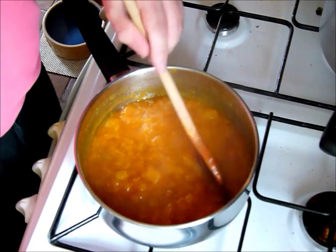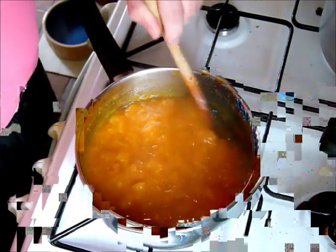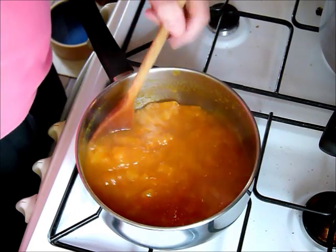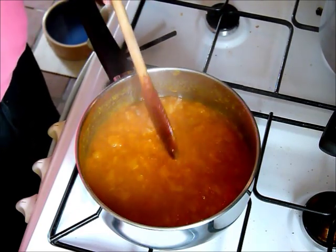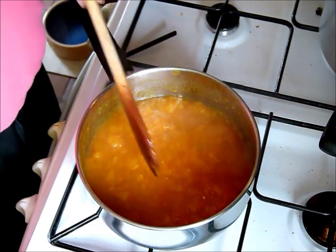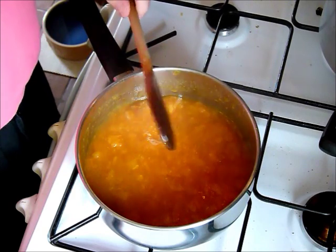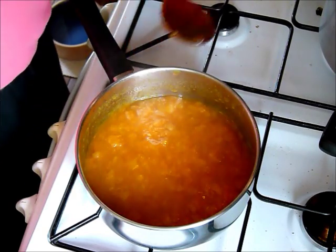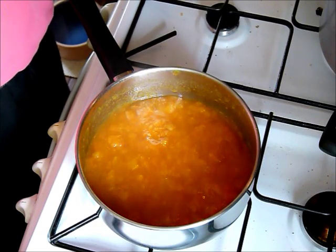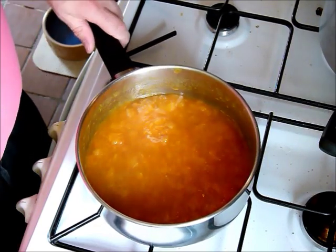Now, what we need to hope is that the pectin has all been pulled out by the citric acid, and that we're going to get a set. Now, apricots aren't particularly pectin rich. They're not famed for the amount of pectin they've got in them. So I would suggest when you're making apricot jam that you do have some bottled liquid pectin available to hand,